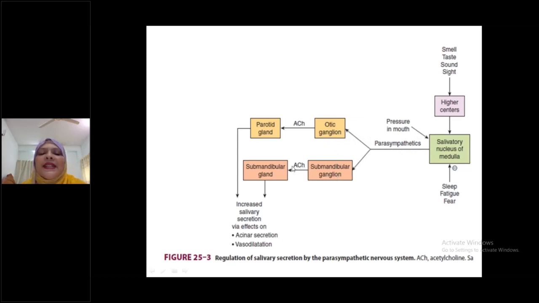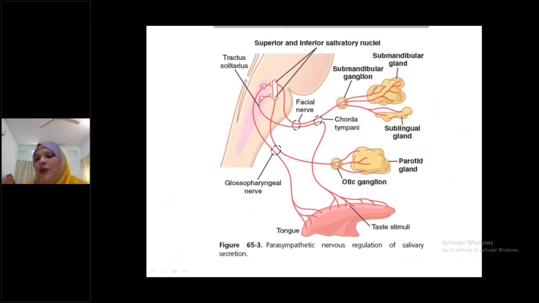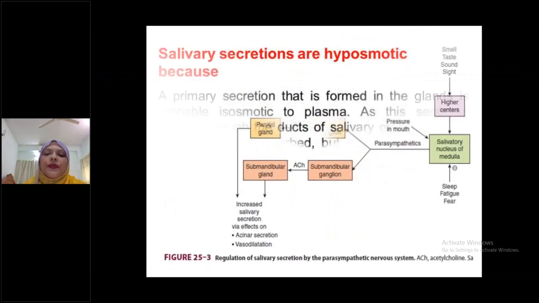Then see here, two ganglions involved are otic ganglion and submandibular ganglion. Then acetylcholine causes secretion of the submandibular gland and parotid gland, increased salivary secretion via effects on acinar secretion and vasodilatation. This figure I have taken from Ganong 25-3, but you have to draw this figure from your textbook. This figure you have to draw in your written exam. Okay,